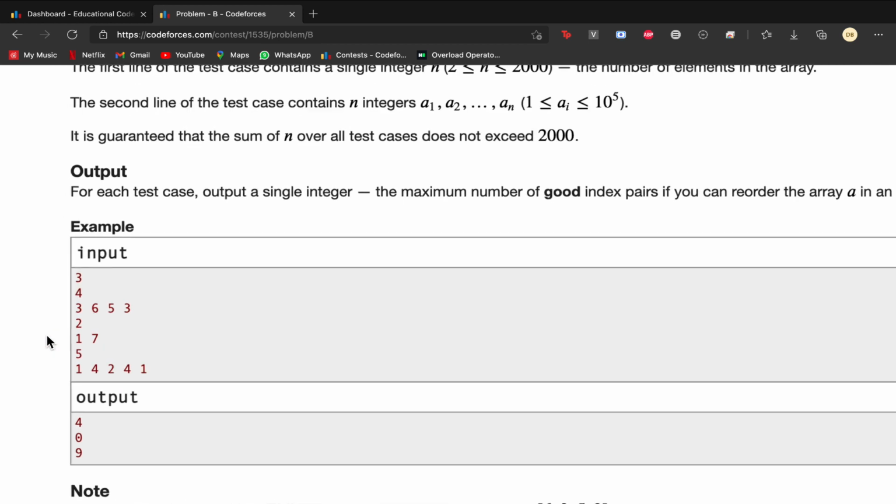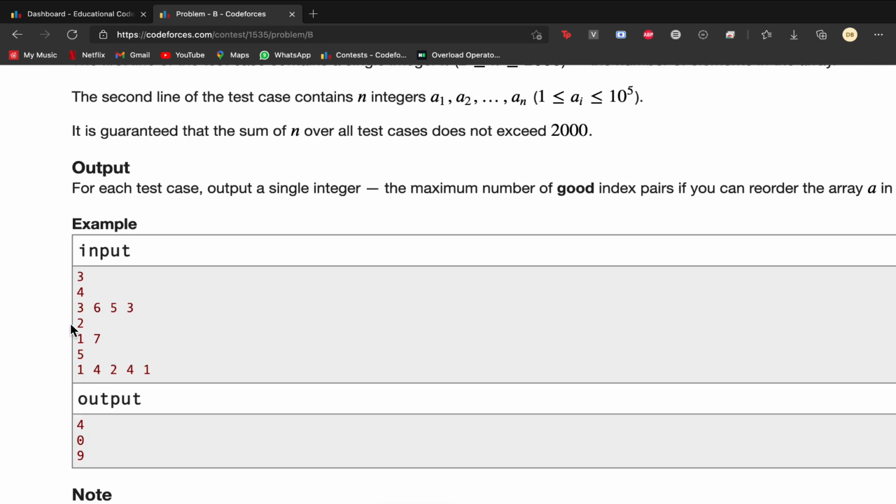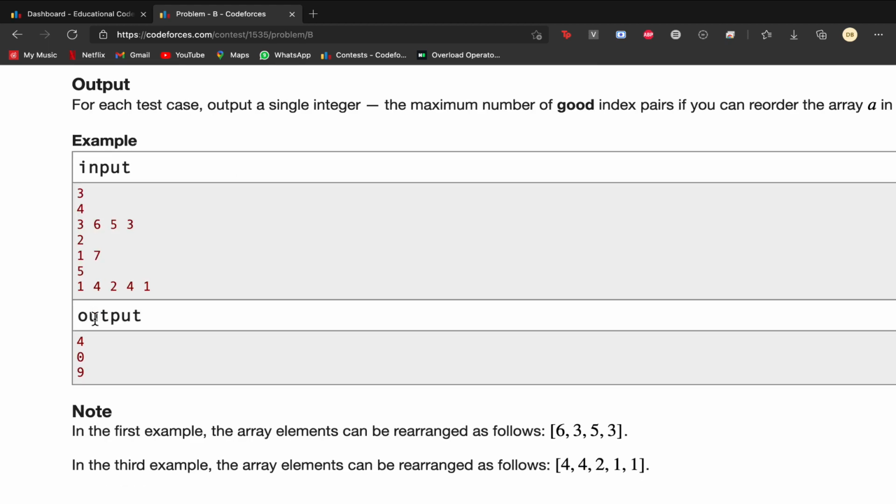So we have 3 6 5 3 in the first case, and the question tells us that we can arrange this in the order 6 3 5 3.